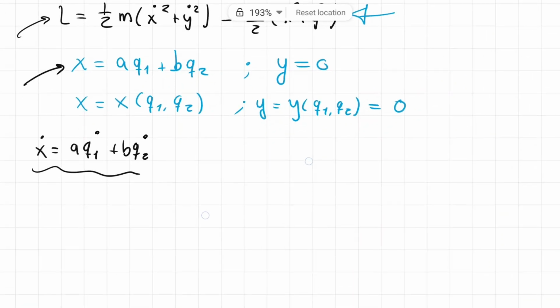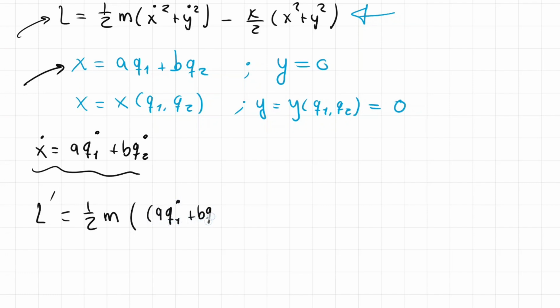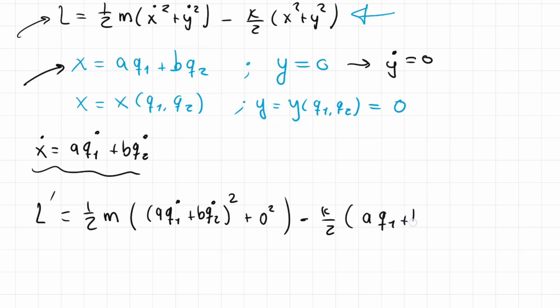I mean that the Lagrangian, which is going to be called L prime, is going to be 1 divided by 2m times x dot squared, but that is (a q1 dot plus b q2 dot) squared, and then plus y dot squared, but of course y dot is equal to 0. So it will be 0 squared, and then minus k divided by 2 times x squared, which is